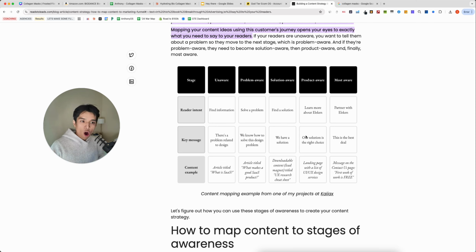And as you can see, with a most aware audience, this person is completely ready to buy. They know that your product does something that they need. They want to buy. And the key message that you have to focus on is providing them with a really good offer. At that point, they already know about your product. They want your product. They just need something that's going to bring them over the edge to get them to buy. And this is why having a really strong acquisition offer is so key,